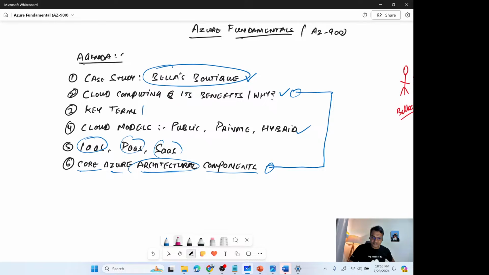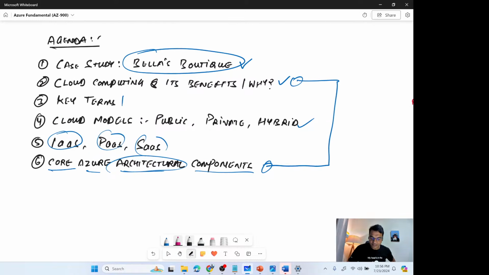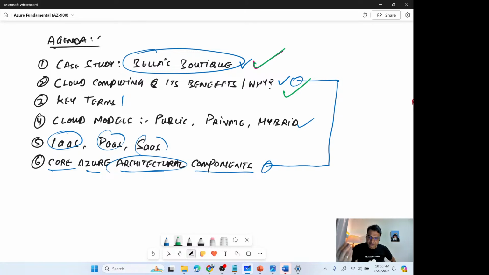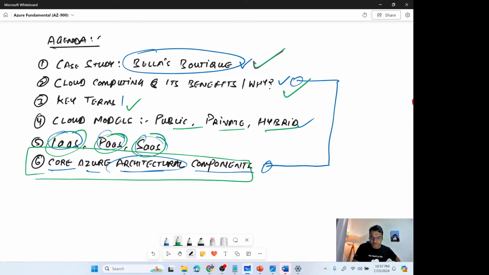We covered Bella's boutique case study here, and then of course we talked about cloud computing and its benefits. We talked about key terms such as economies of scale, pay as you go, CAPEX versus OPEX. We talked about cloud models: public, private, and hybrid. And we talked about IaaS, PaaS, and SaaS. One last thing which I want to talk about in this part